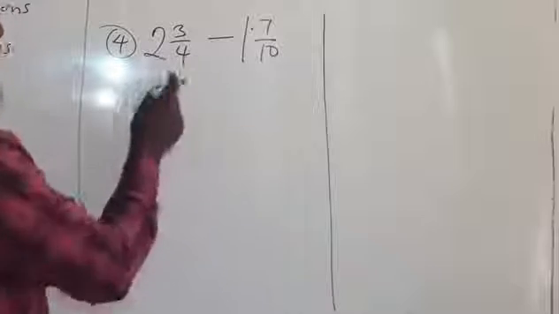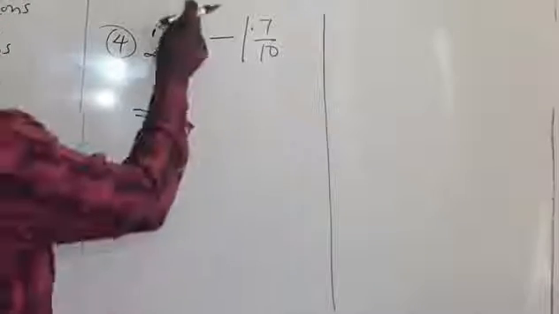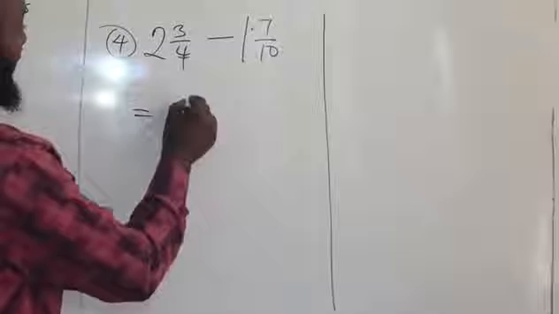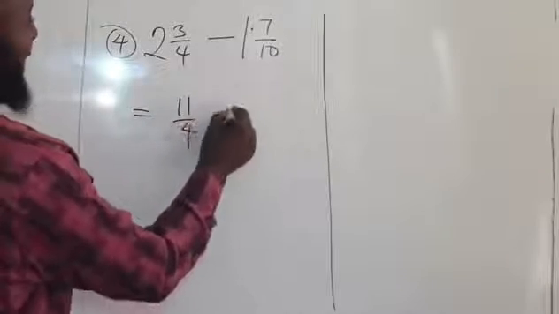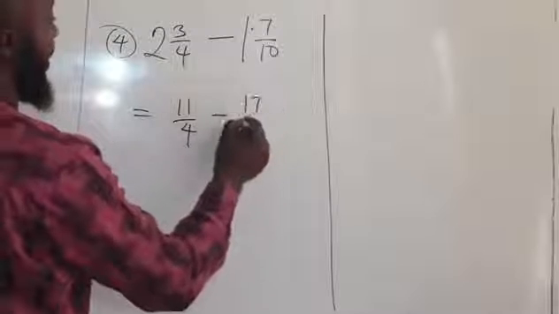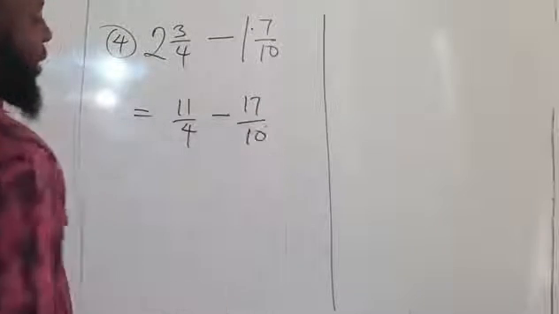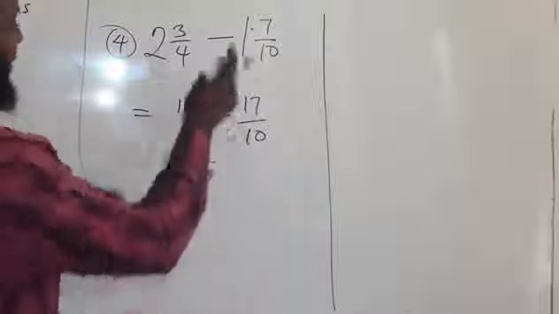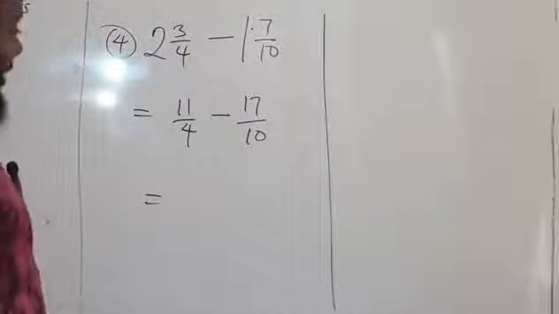So we have 2 times 4 gives what? 8. 8 plus 3, that gives what? 11, divided by 4. Minus 1 times 10, 10. 10 plus 7, that is 17, all over 10. So then we can use our butterfly method as well, or we find the LCM of